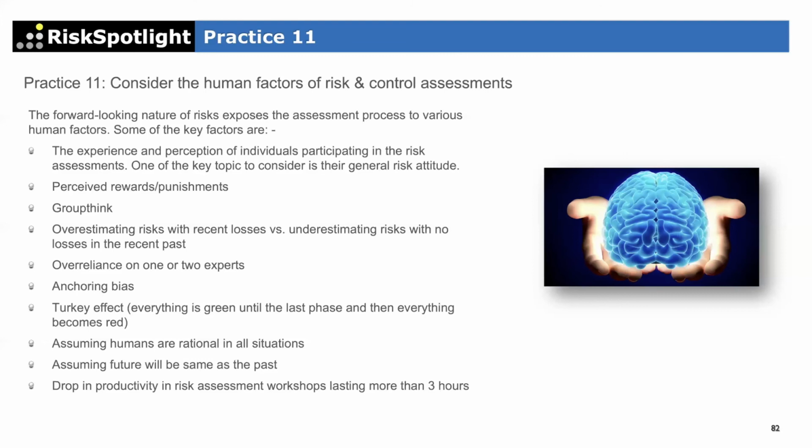So if everything is green, then it's not a good thing. Something is wrong. You need to go and challenge, because there is no organization where all the risks will be green and all the controls will be green. That's an unrealistic organization. So that is something to be aware of. If you see a report where everything is green, it's not correct. Something is wrong with that particular business unit.